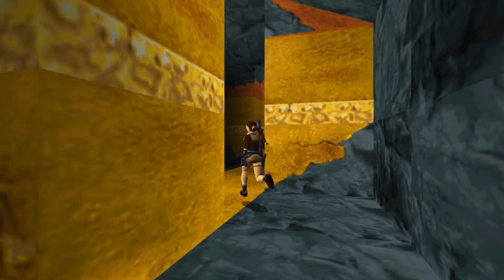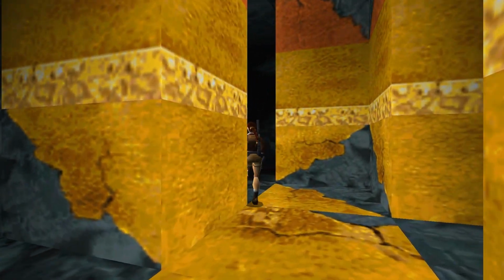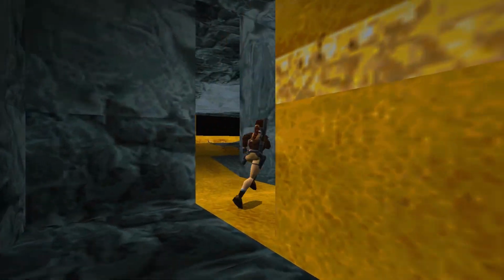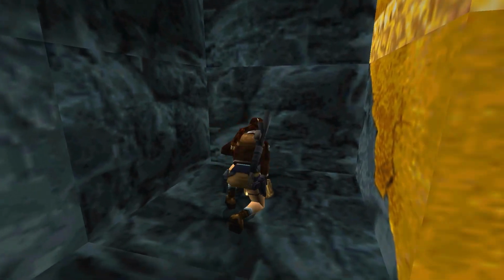This is the proper way to go. Now, there's a spinning blade, and you're going to need to go into one of these corridors in order to avoid it. And then go around this. Right there is the proper way to go, but if you continue around in this little curve...